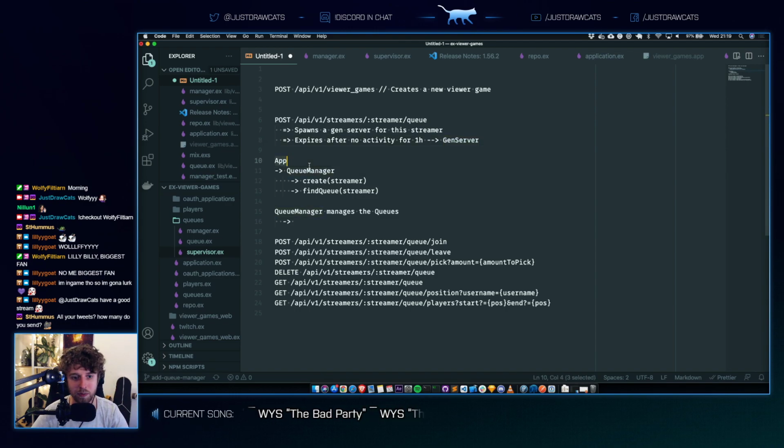So that's why we have a queue manager that can create queues for streamers, and then that manager manages a bunch of queues. For now, that's just how we're gonna make it work, and then we're gonna hook it up to an endpoint so we can actually use it. Eventually we could hook it up to our Twitch bot and try it out, connecting the Twitch bot together with the Elixir app. And then the next step after that is to maybe host this thing and see how it actually